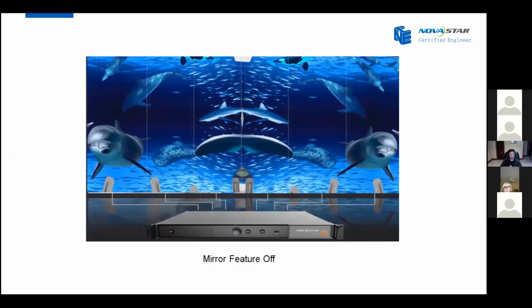And the second one is about the mirror feature. The mirror feature is a useful feature from the 660 Pro, which can help to get creative images. But when we enable the mirror feature, the sending card needs to get the entire frame data first. If not, something happens to the image position, which will cause problems on your LED screen. So we need to disable the mirror feature when we use low latency.